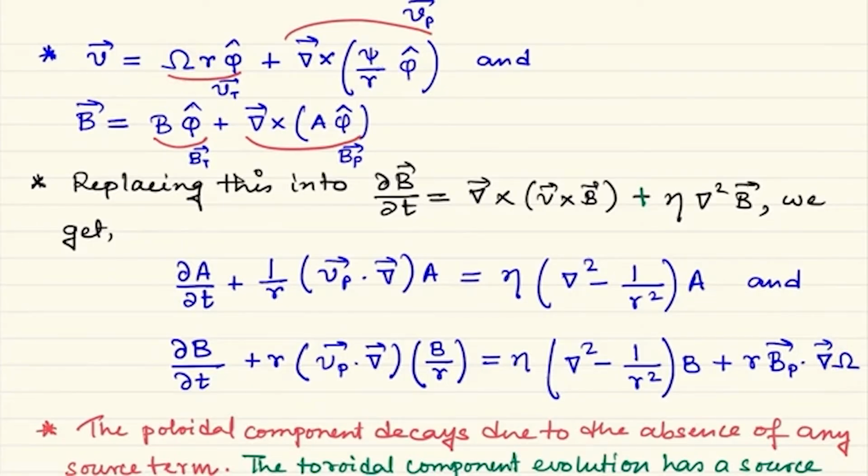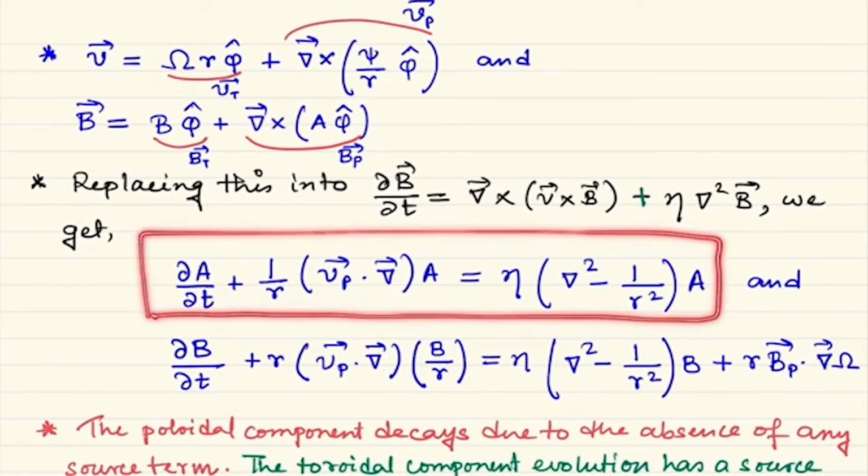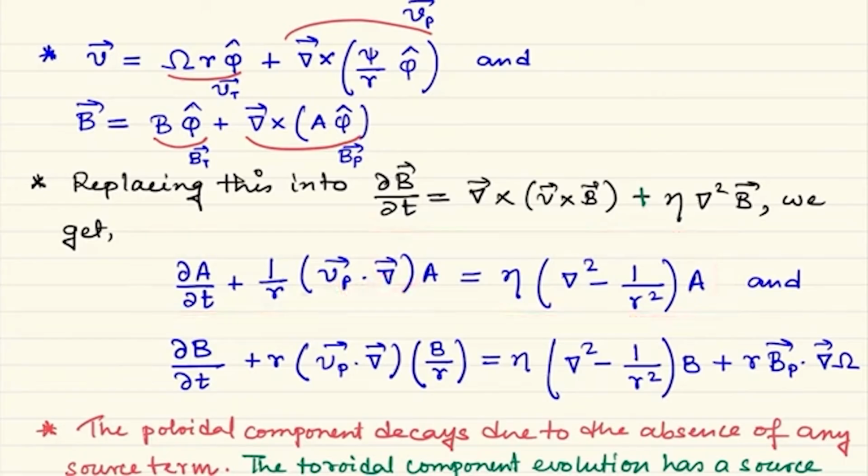Now you see in this point for A the solution is simple. It has an advecting component, but mainly its fate will be decaying because it has a diffusive component. Now what happens for B? B has once again an advective part, one diffusive part which lets it decay, but there is a source term. Now that can be something of interest, but the problem is that the source term is proportional to